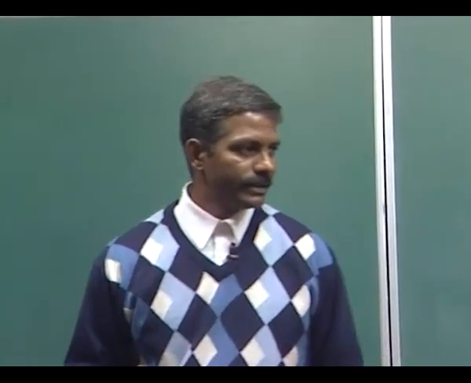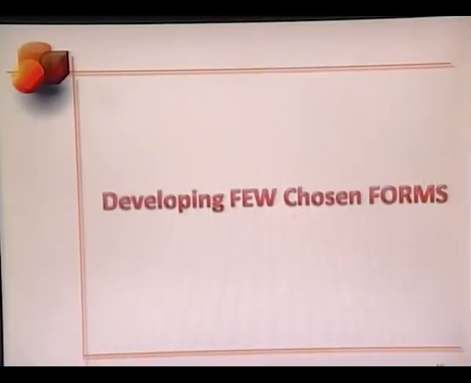So after you have sketched out about 20 to 25 forms, what we require you to do in the 4th stage of this design process is to develop a few chosen forms. We are going to be choosing maybe 2 of the best possible forms that you have, and we are going to be asking you as to why you have chosen those forms. So this is the 5th stage of form design.